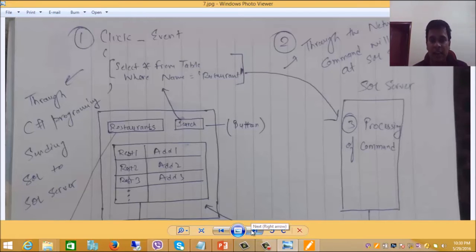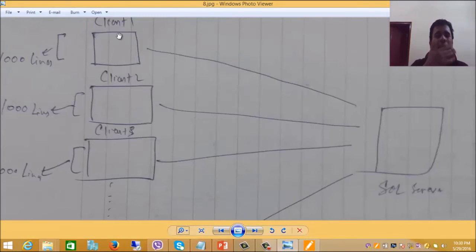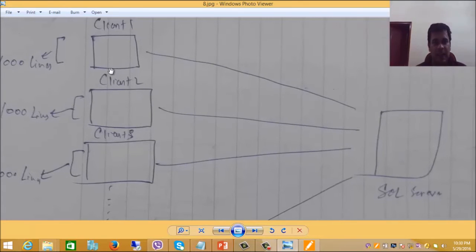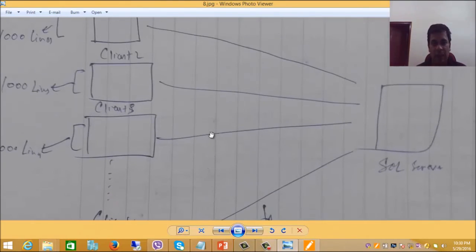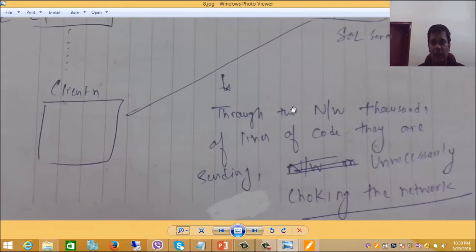But now let us consider a situation where simultaneously a lot of people are connected and open the website, and every client is querying SQL Server, and every client is sending thousands of SQL lines to SQL Server. So what will happen, all these thousands of lines are going through the network. So it will put unnecessary pressure on the network and your network is getting choked.